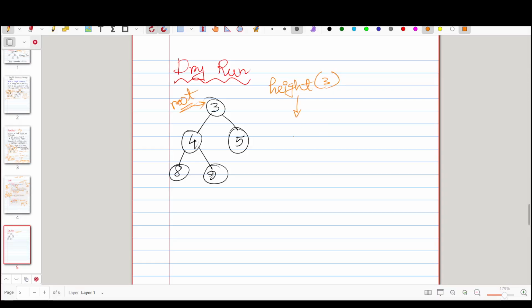call two things, the left subtree, so height of 4 will be called, and height of 5 will be called, and whatever is given we just return 1 plus that. Let's just try to return it this way: it will return some value and it will also return some value, and we take 1 plus the maximum of these two